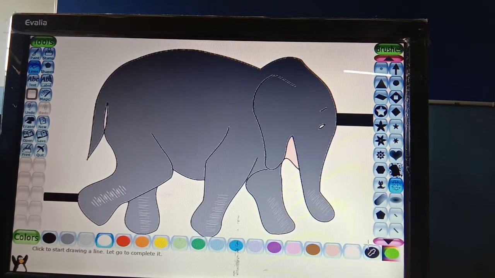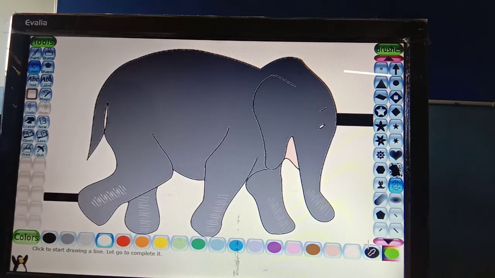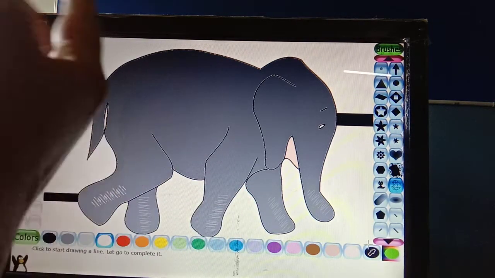In our next chapter, we are going to learn more tools. I am going to explain the rainbow tool, a new tool, and the shape tool also. We are going to learn about the shape tool. And we are going to learn about the effects also. Different types of effects you can apply to this drawing.